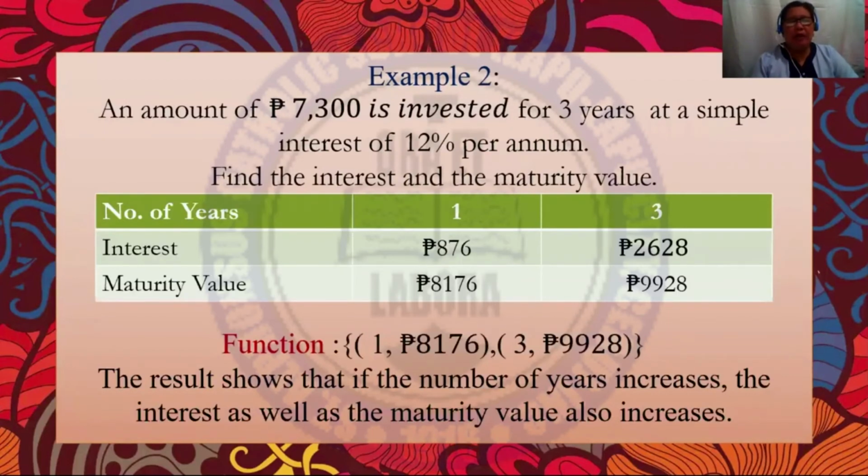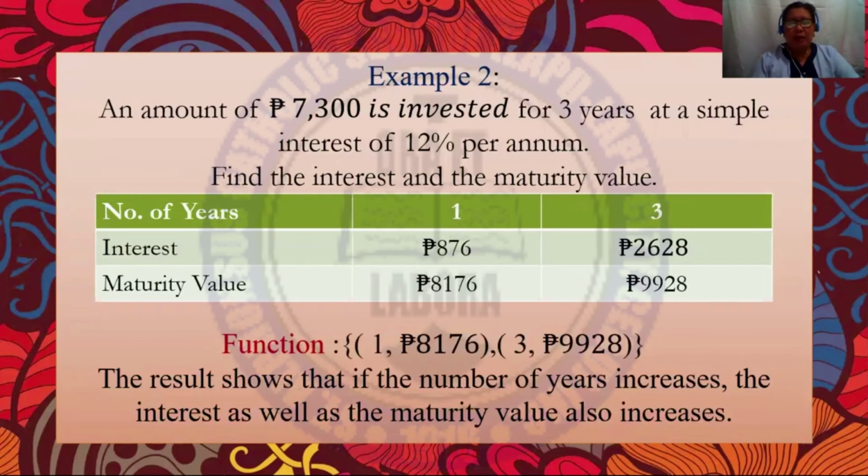So, if we are going to tabulate the interest as well as the maturity value for 1 year, interest is 876 and the maturity value is 8,176. For 3 years, the interest is 2,628 and the maturity value is 9,928. And we consider this as a function because